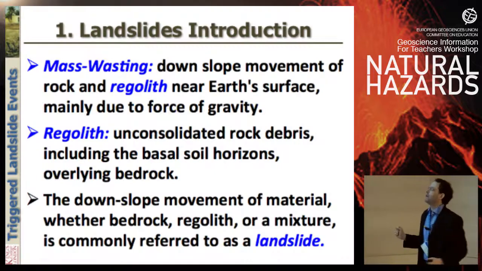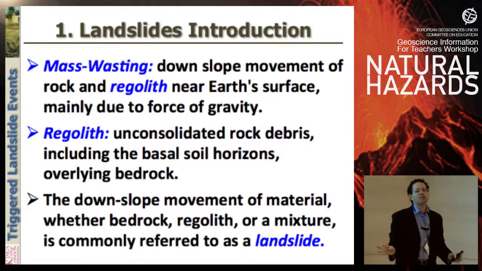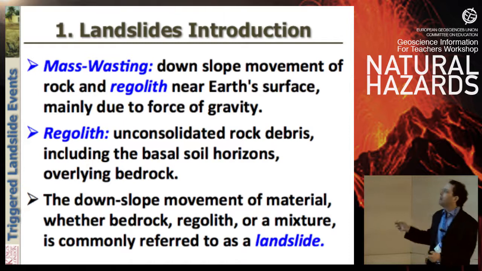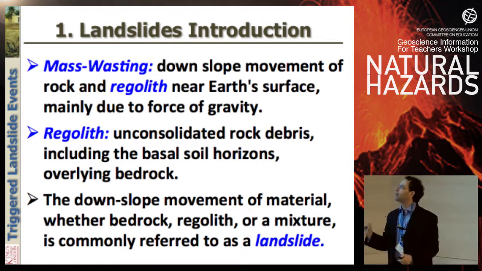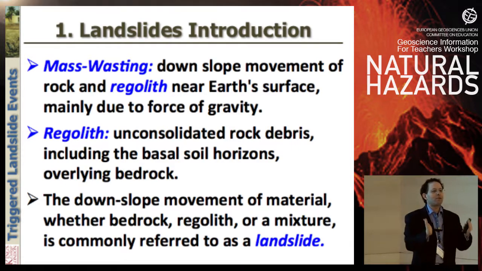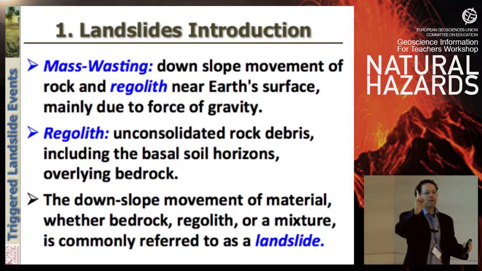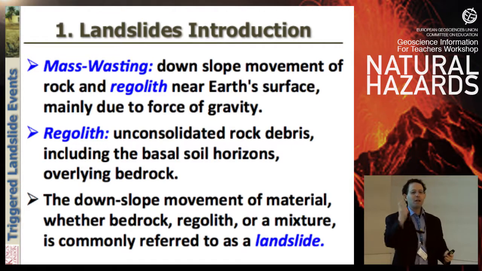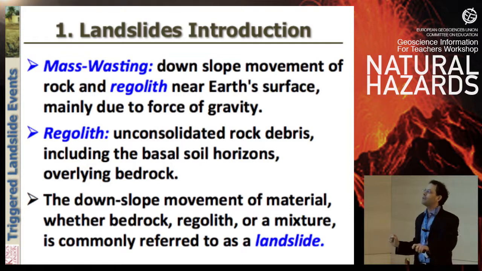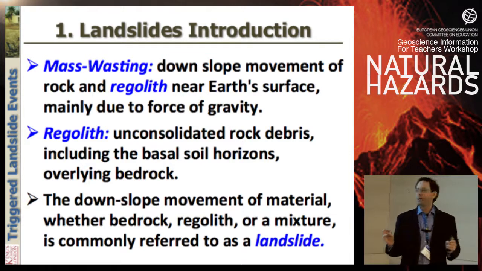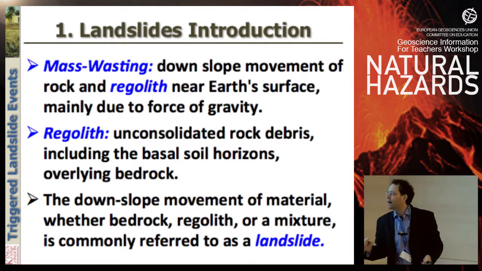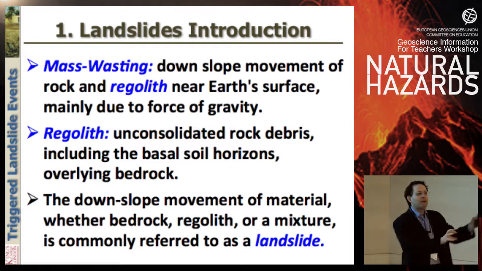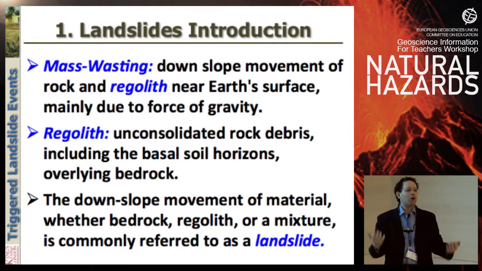So let's start off with an introduction. First of all, what is mass wasting, or landslides if you want? They're the downslope movement of rock and regolith near the Earth's surface. And it's mainly due to the force of gravity. And we'll see later there are 2 major forces, gravity and water, that are going to control the landslides. The regolith is unconsolidated rock debris. This includes any soil horizons, it includes the overlying bedrock, and basically this downslope movement of material